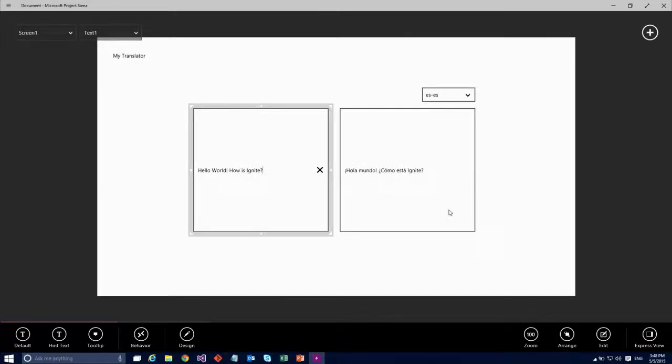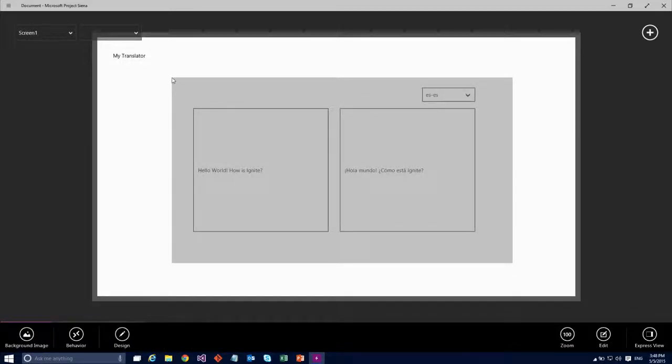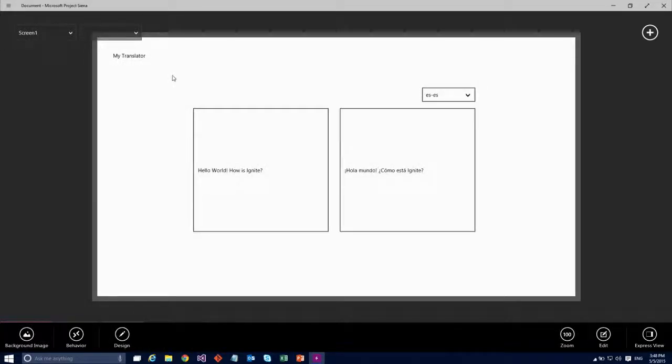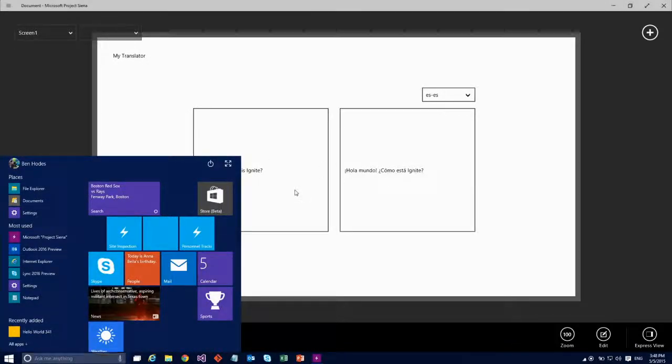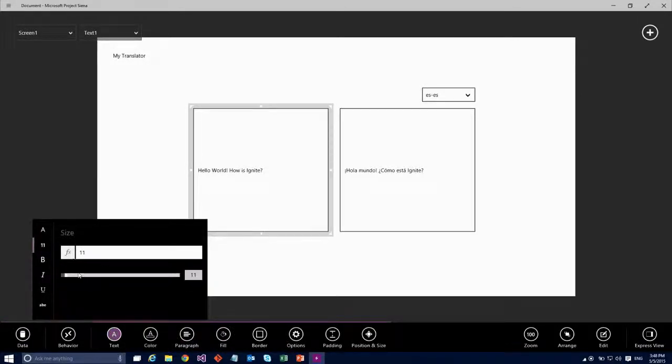And so this is using the Bing Translator functionality. Sure, I can zoom in. Does Siena have a font size feature? It does, Jeffrey. So you're talking about this here? OK, great.